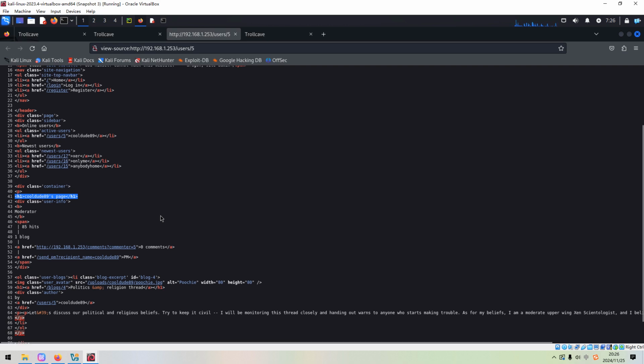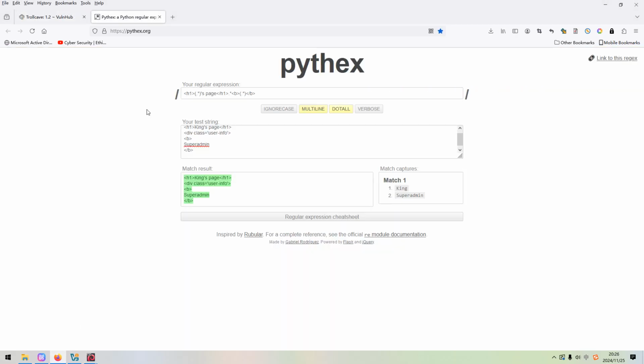Okay, we can copy, and you can go to this website, for example this one, and write the regular expression: the h1 tag, where the dot means any character and the star means any number of such characters, so between the h1 and the b tag can be anything.